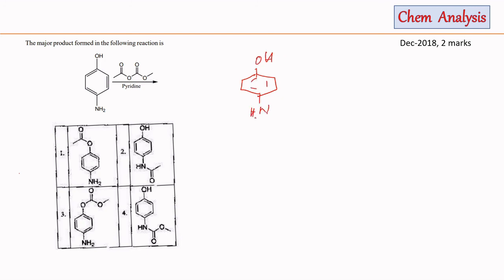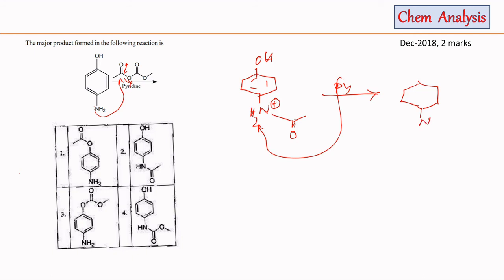if it attacks on the anhydride, so ultimately it will attack here, the carbonyl group will open up, and this group will be eliminated as the leaving group, so it will form this product. And since pyridine is present within the reaction medium, this will abstract this acidic NH proton to deliver the final product,